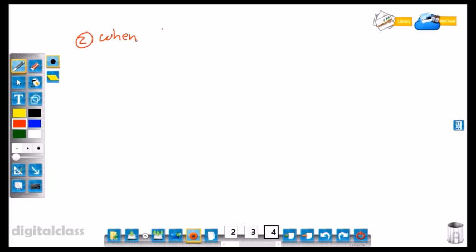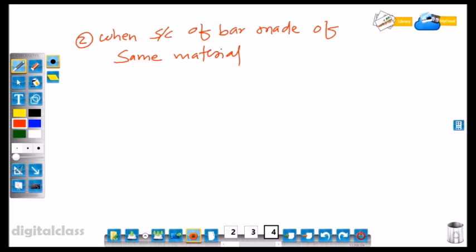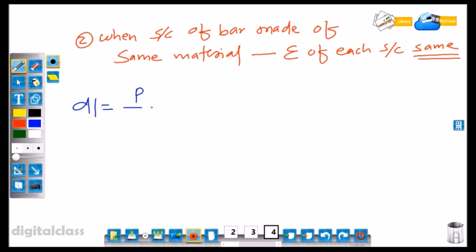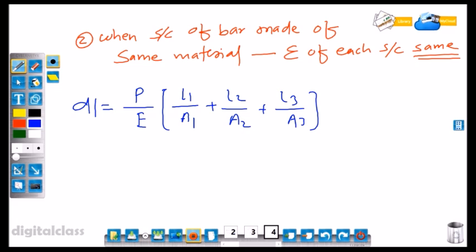Second condition, when sections of bar are made up of same material, that is elastic modulus of each section is same. So we can take P and E out of the bracket. So final equation is this. Next condition,